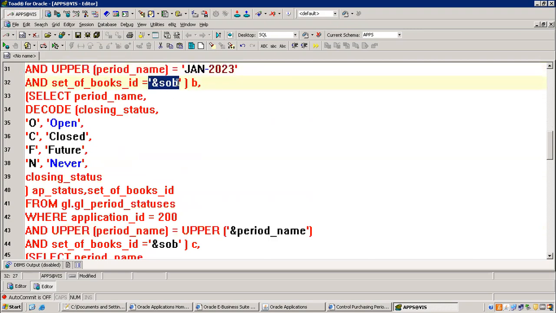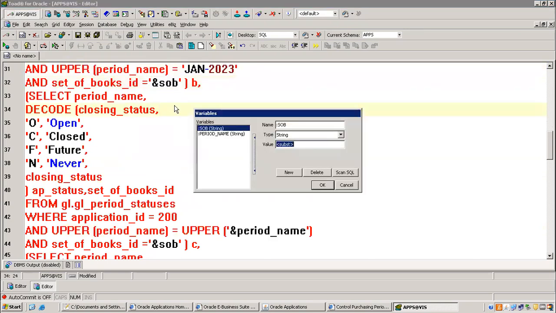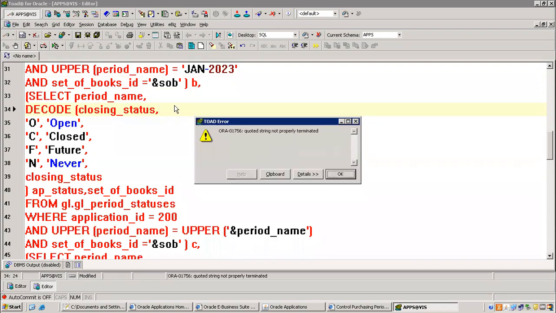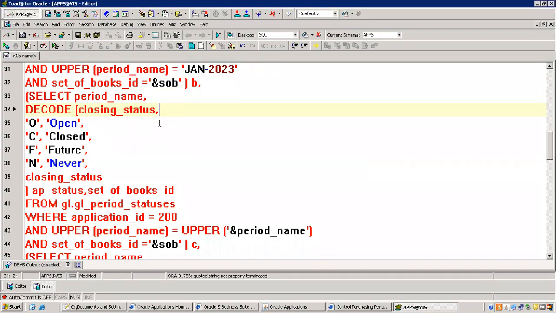Set of books. Is it asking for parameters first of all? Yeah, it's good. This is also better, right? Parameters are asked. Period name is January 2023. A quotation is missed somewhere. Missing where? Here?